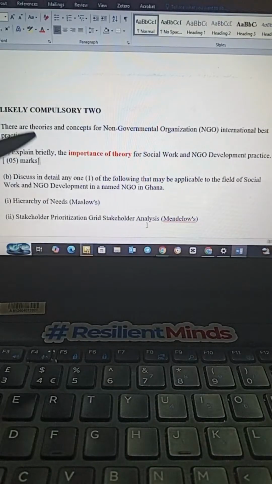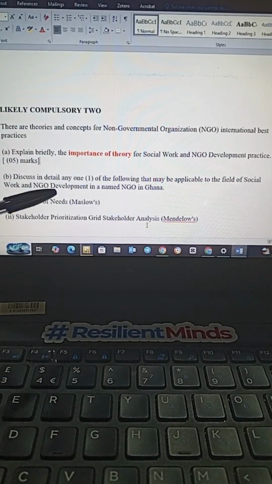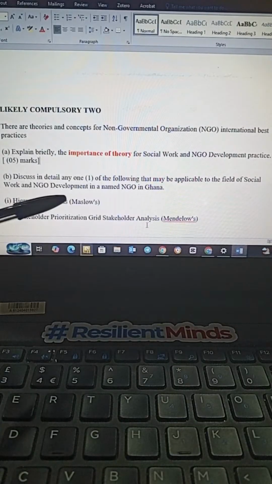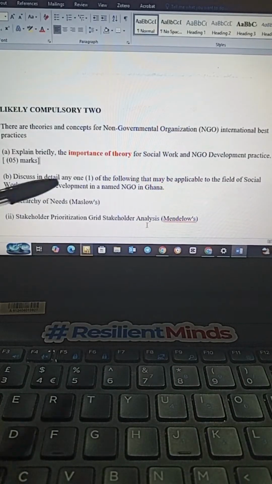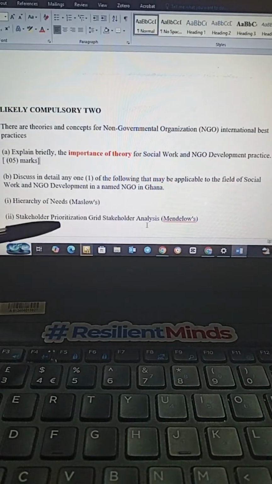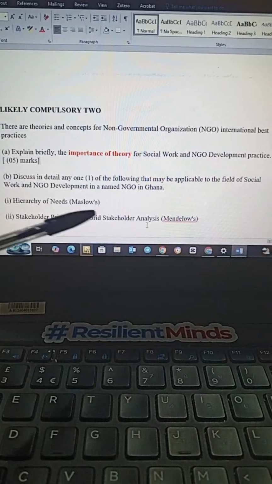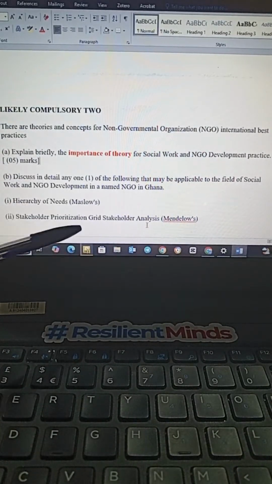So that is it. So with this question too, you just take it in your head. I know this is the easiest one. This is the cheapest one. The Maslow hierarchy of needs, because this one I know since primary everybody knows it. JHS knows it. SHS knows it. So this one there, I know in social studies we know what it is, so we can at least write something about it. But then with the grid, it's something most of us are not privy to. So maybe you can still learn something small about it, then maybe you try to understand.